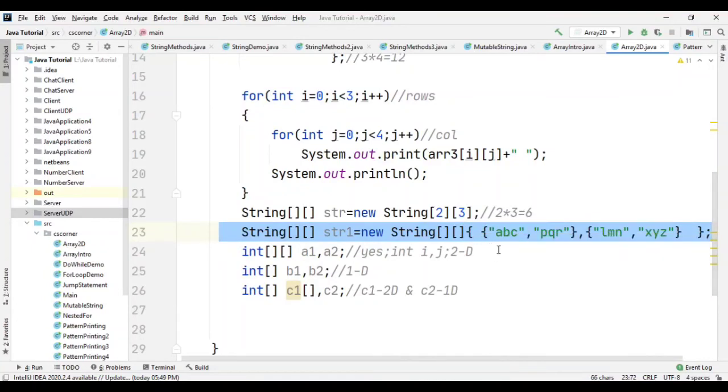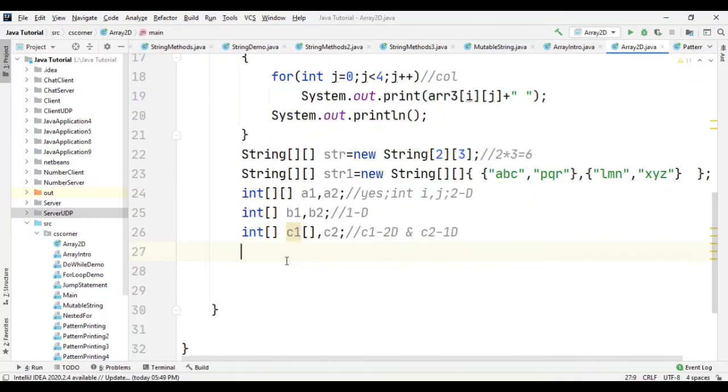So there is one more way for assignment of values to an array. Let me show you that. I'm going to take this str variable. In my str variable, I want to assign a value at row 0 and column 0. For that, I'm going to write str, then square bracket 0, that is the row number, and then again square bracket with column number 0, and then whatever value you want to give, you can give. For example, I'm giving the value as CS Corner. So this is another way where you can assign values to your declared array.